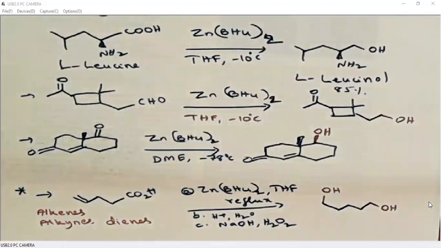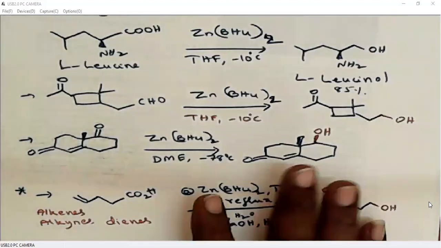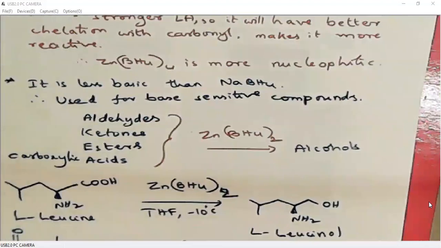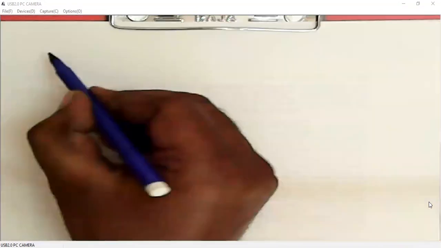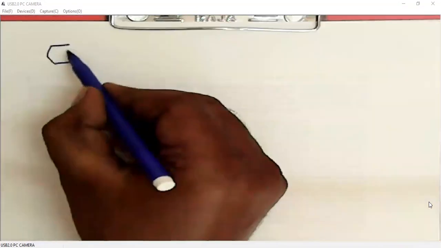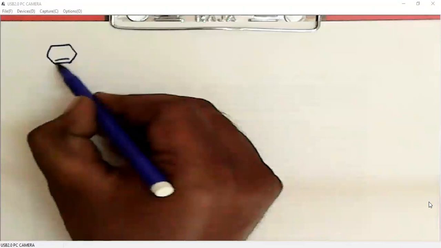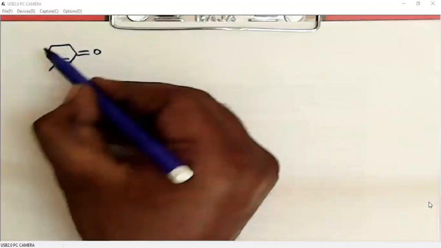Please take a snapshot. I'm changing this page. Okay. I'll just give two more examples on zinc borohydride reductions. I'll just give the examples of reductive amination. Yesterday we discussed reductive amination, so we know how to predict the products. So I don't give the products.